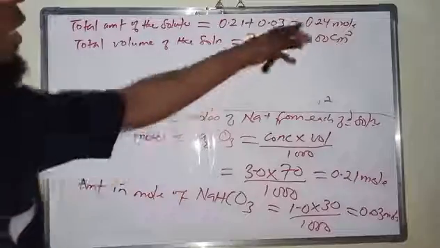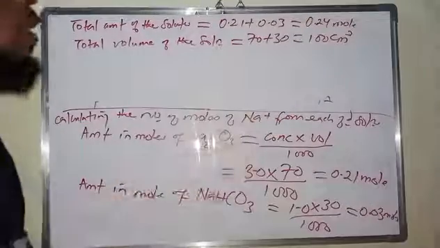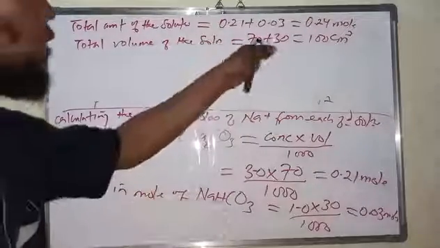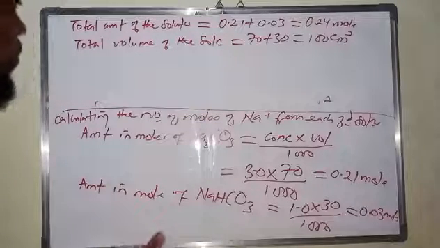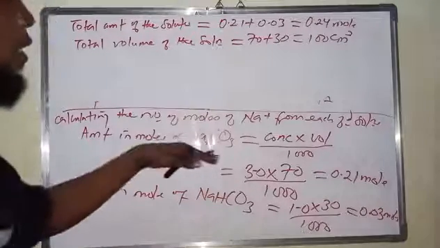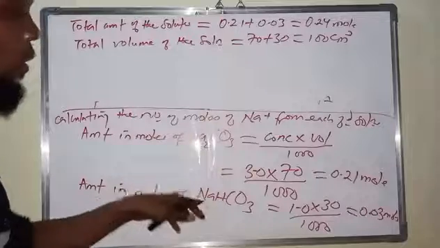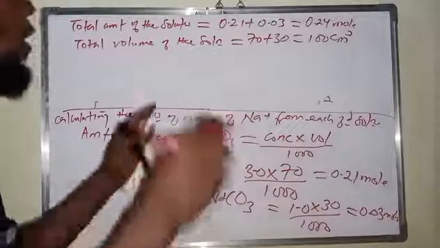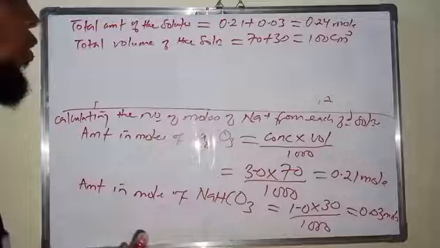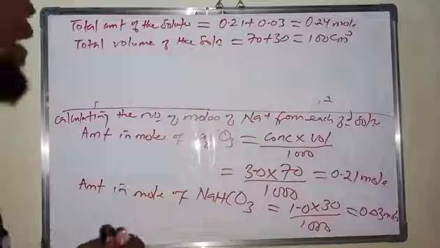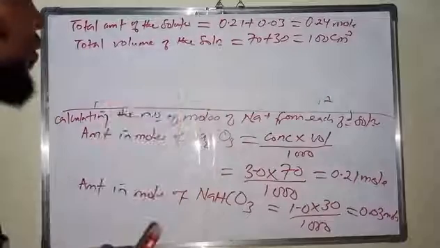So the total number of moles is this, and the total volume is 100 centimeter cube, adding the two volumes together. Now we've seen that sodium carbonate gives 2 moles of sodium and this gives 1 mole of sodium, making a total of 3 moles. So from the stoichiometry,